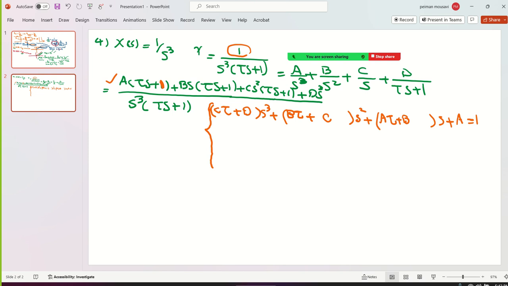This is d and this is c tau and this is square. This is b tau plus c, and s is a tau plus b. So from here you get a is 1, obviously. If you implement here, you get, sorry guys,